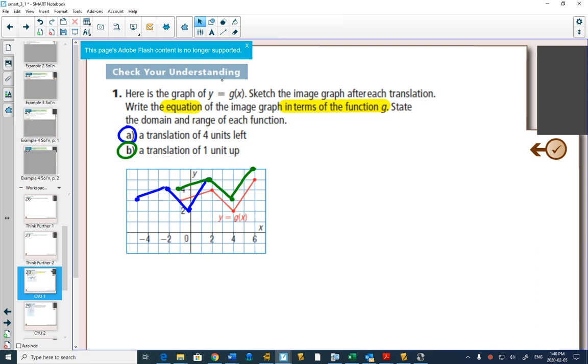Because this is something you might not be aware that you do sometimes in a math class: the teacher is talking, you're like, okay, he's not writing, I've got a break. I can sit back and relax, and then he starts writing, and I better start writing again. If you do that, you're going to miss out on key things. For example, write the equation in terms of the function g. Do you know what that means?